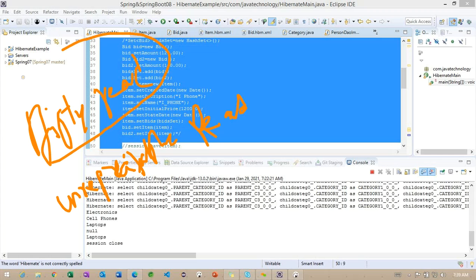So what is this dirty read going to do? Observe carefully: one transaction reads the data which is changed by another transaction. Getting the point?